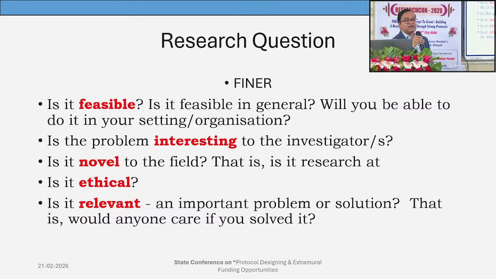Next is interesting. So do research on something which you like. This most often happens with the postgraduate thesis. The student or PG at the end of 2 years will say, I was not interested, but my guide told me that I have to do my thesis on this. I'm not saying that you shouldn't listen to your guide, because they have done research for last 10 years, 15 years, and they know what are the drawbacks. But if you have been put through something like this, you can politely go and talk to your respective guide and tell them,